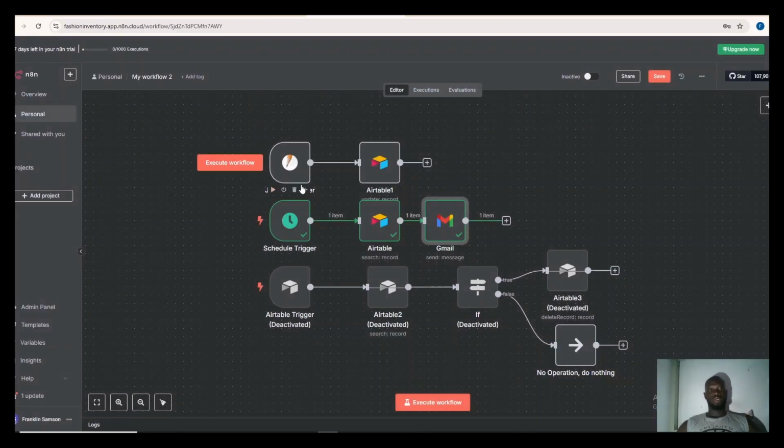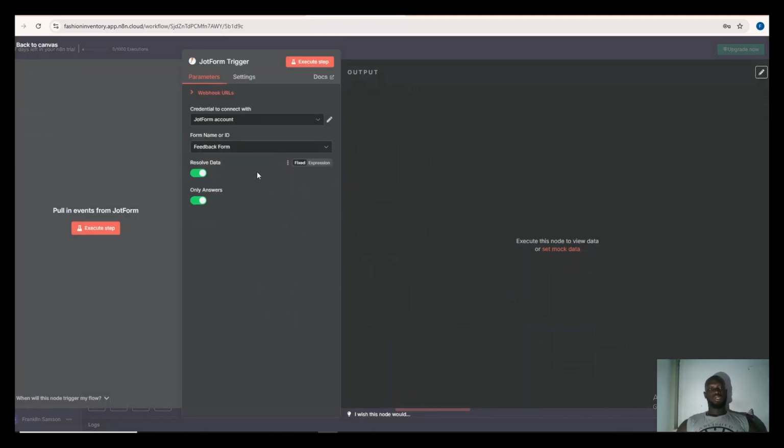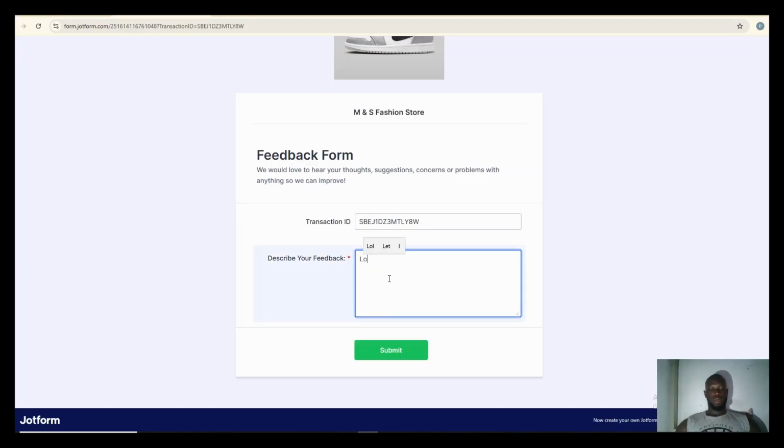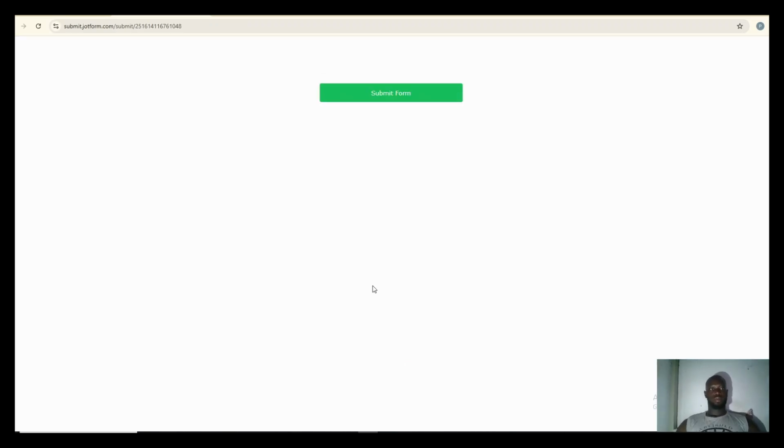Now the second one is once the form is filled, then you should search. It should update the thing on Airtable. So I want to trigger it, and then let's say lovely product, and then submit. So if we go back to